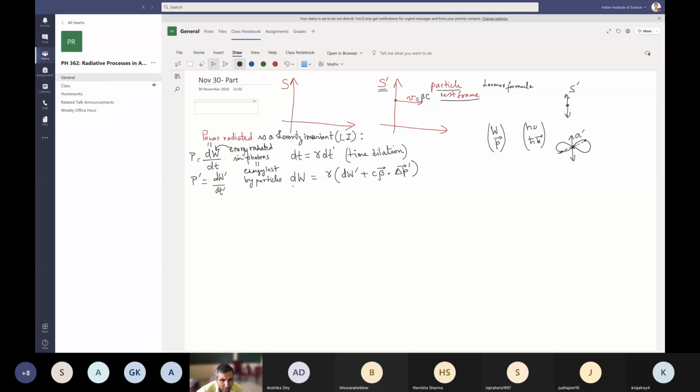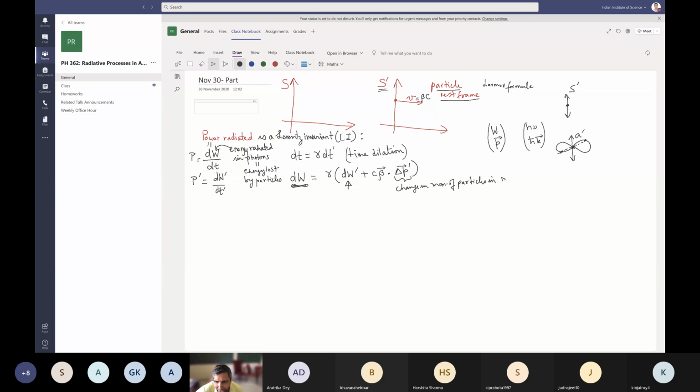So we can think of this as the change in energy for the particles. This here is the change in energy in the particle rest frame. This is in the lab frame. And we can then think of this as the change in momentum of the particles